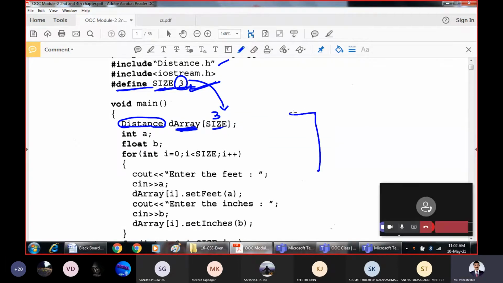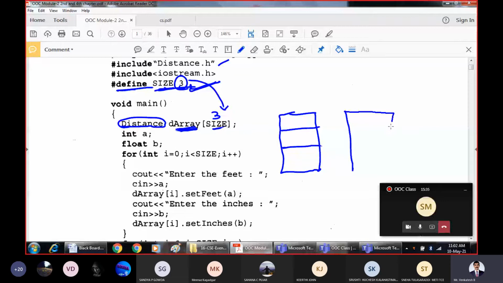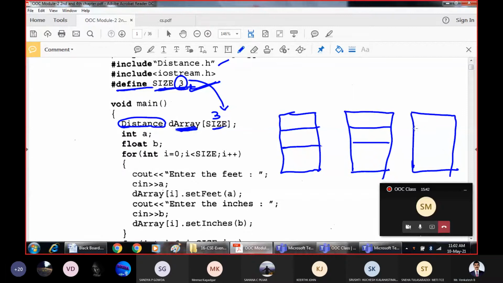This is the first object. This is the second object. After this declaration, I'm just trying to show it in terms of memory diagrams. This is the array of objects, D array of size, which is D array of 3.